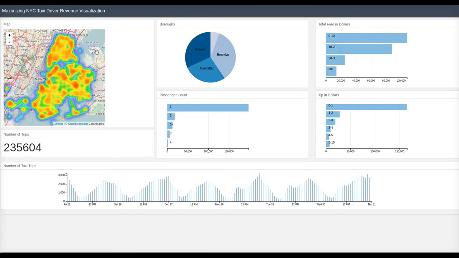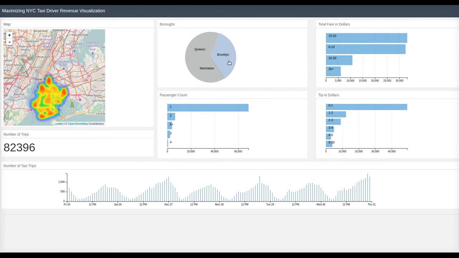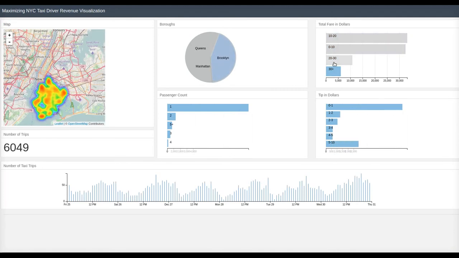For the next scenario, let's say we have driver Jack, who is in Brooklyn. He wants to know when he has to ride to maximize his profit. So now we know that driver Jack is in Brooklyn, so he selects Brooklyn in borough. He wants to have the maximum profit possible, so he is probably going to pick the maximum total fare.